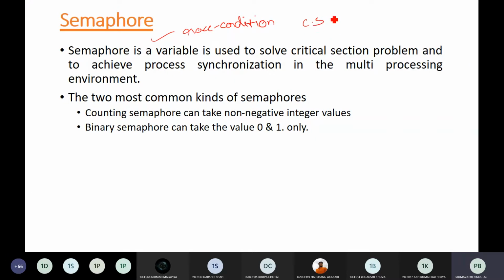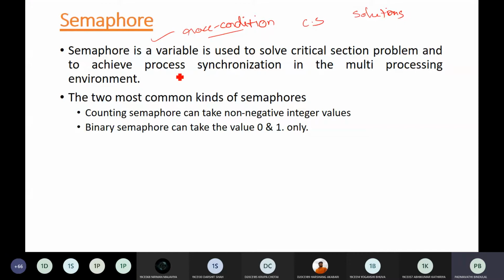Now you are ensuring that no two processes are in the critical section and all those conditions, and for that we have discussed the solutions also. So not all solutions are guaranteeing you the complete solution. Now semaphore is also one such solution to solve this problem of race condition.